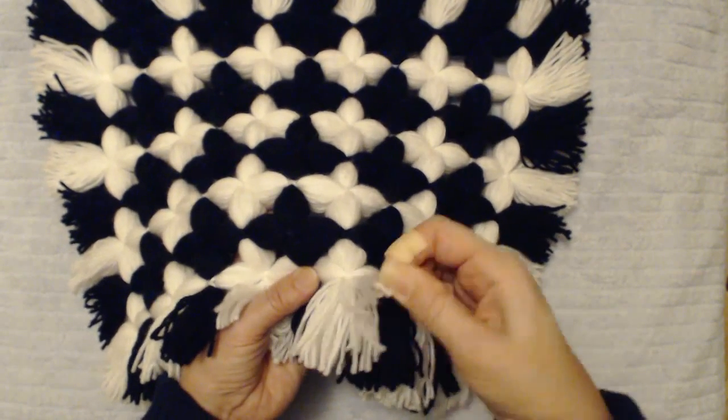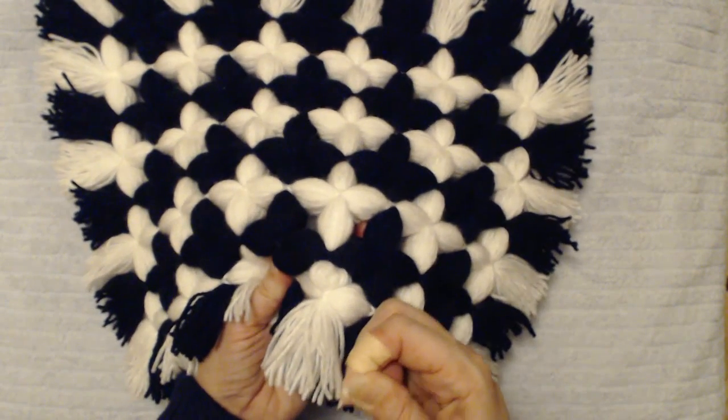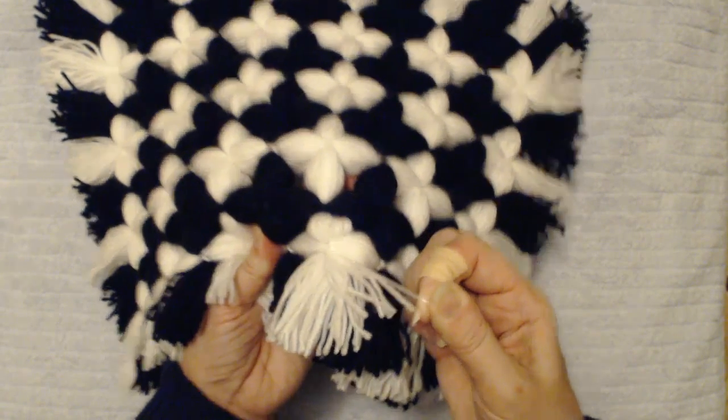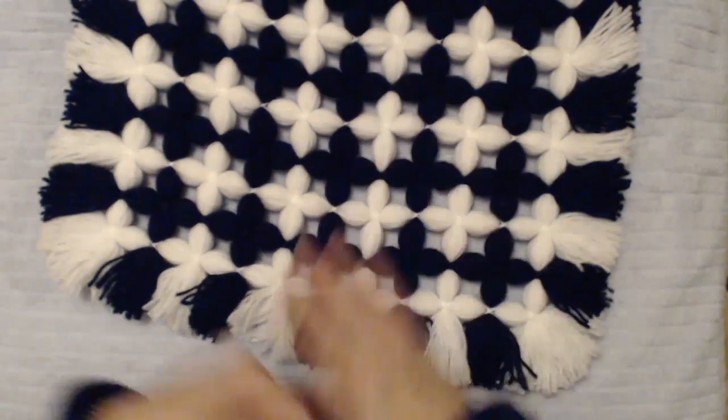Now this is pulling this one really hard. It is moving a little bit, but it's going to take a lot of strength. You can see how hard I'm pulling that to get that out of there. Now you don't want that to happen,